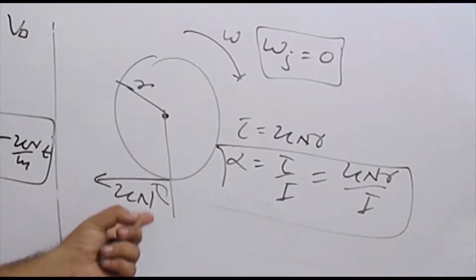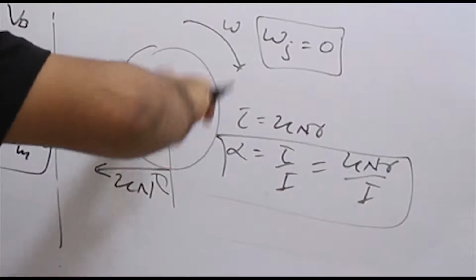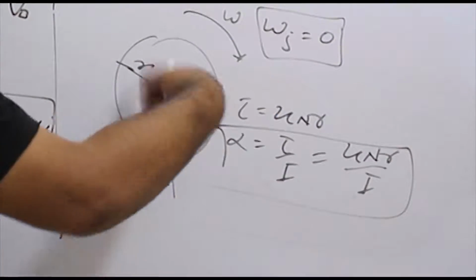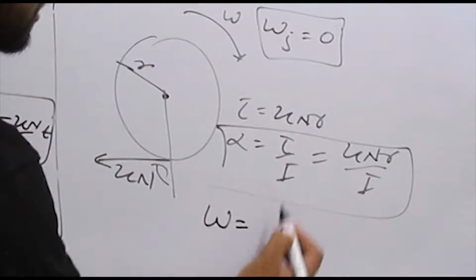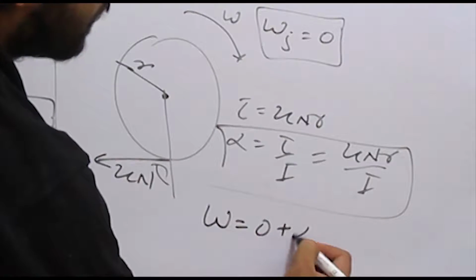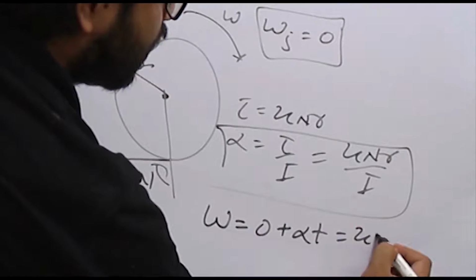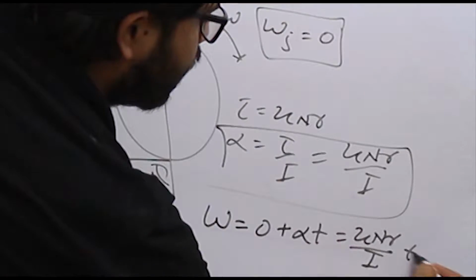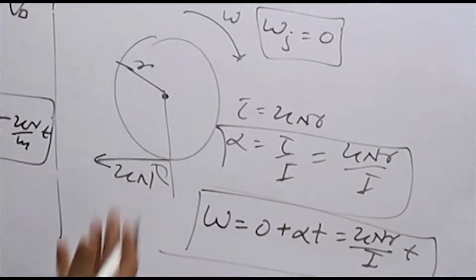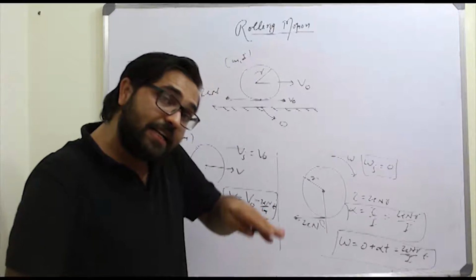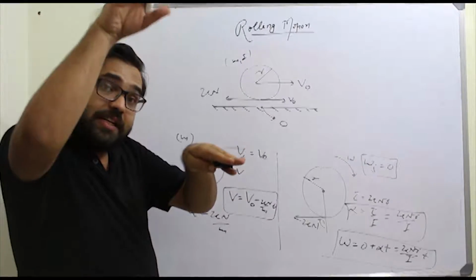There is a force. Due to this force, there is a torque, and that torque is going to increase the angular velocity. So what is going to be the final angular velocity? Initial is 0, so 0 plus alpha t, which is equal to mu n r by I upon t. So this is how omega changes. Now you see one thing, that omega is increasing as the time is passing and velocity is decreasing as the